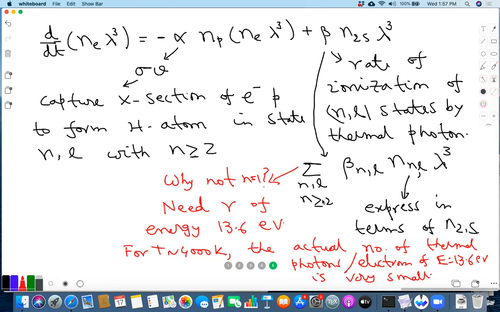Yeah, but that would come through the equation while solving the equation only. Yeah, it would. So you could include it, but then we will see that this is very small. That's why you have not included it. But you're right that you could include it, and then you will get this suppression factor of e to the minus 13.6 electron volt by temperature.